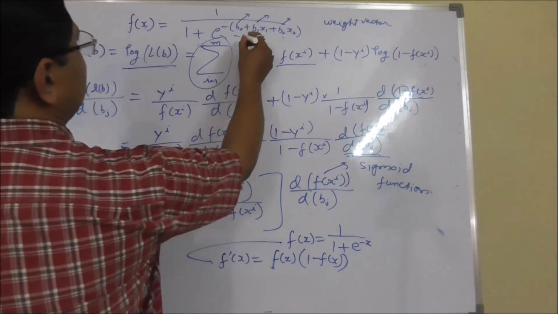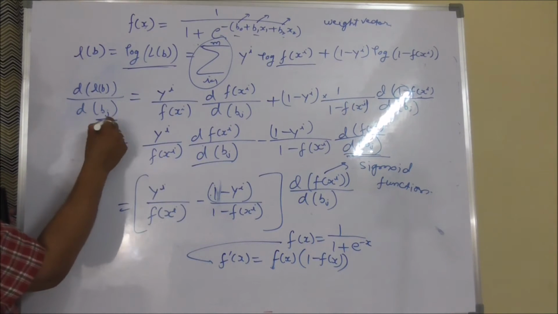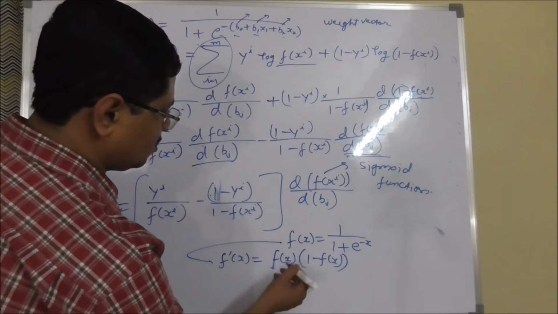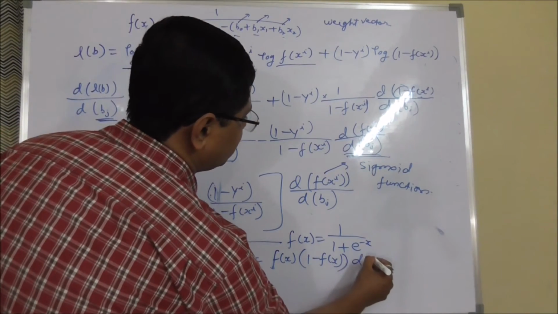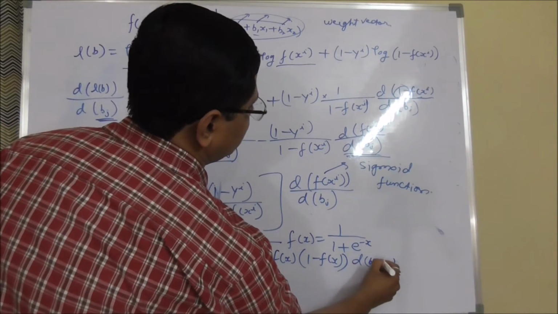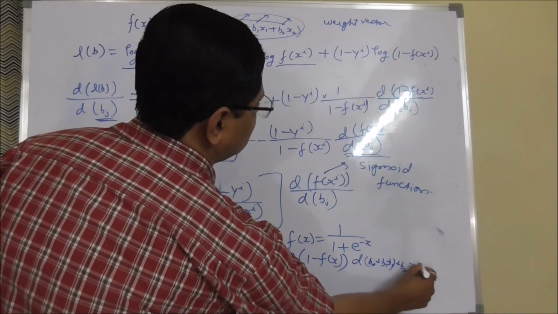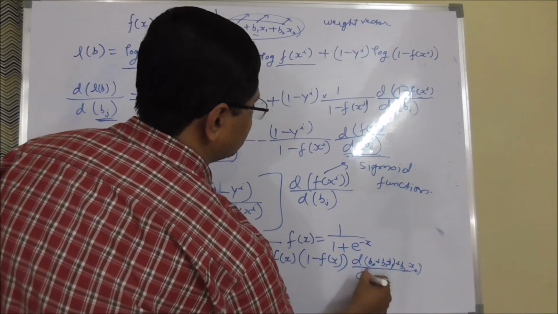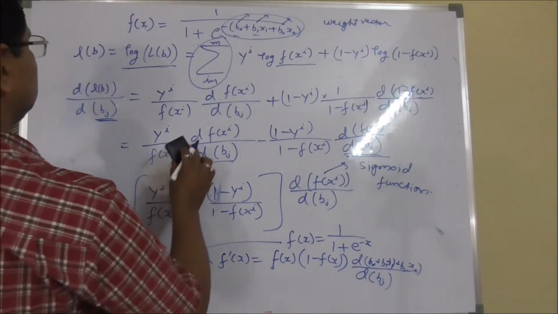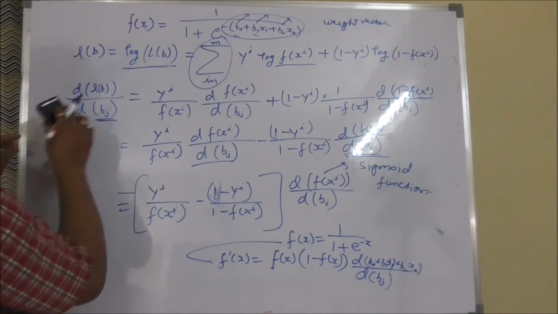But now we are taking the derivative with respect to the weight vector or weight component, so there will be an additional part which comes from b0 plus b1 x1 plus b2 x2 differentiated with respect to bj. So now this equation can be rewritten again as